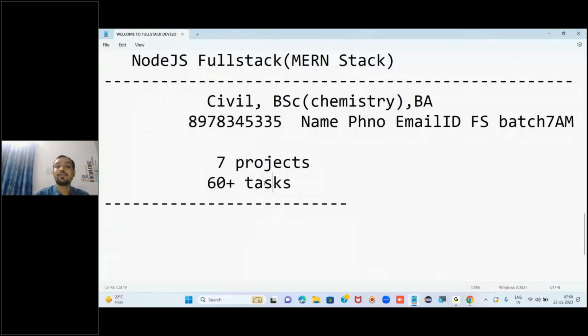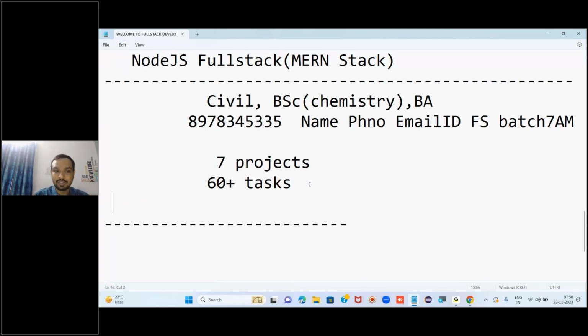Task means, every day I do something in the classroom, and you'll be working on that anyhow. Apart from that, I will be giving you tasks, and you people have to work on them. It is not like a simple hello world program, simply printed and gone. Okay, I got it running. No, not like that. And my course completely will be